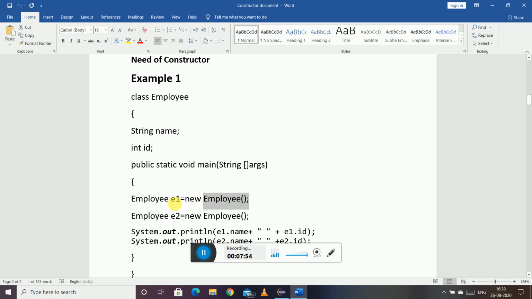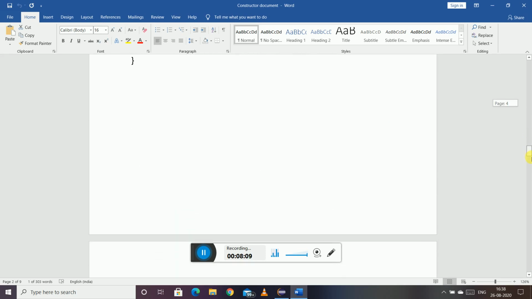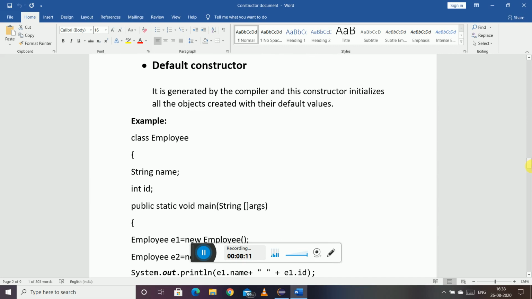In the object creation line, when we write new Employee(); this is nothing but the default constructor. And what does the default constructor do? It simply initializes the variables with their default values.